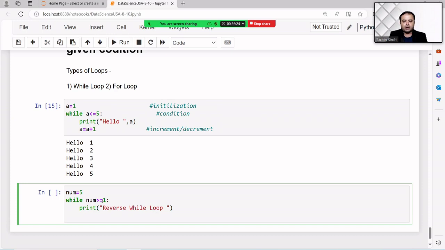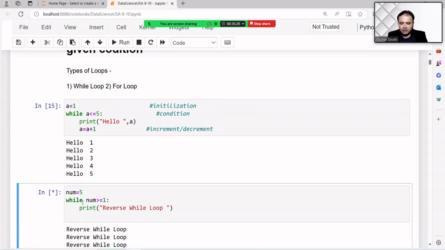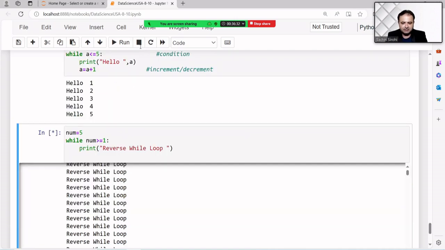But if you do not stop this, you can see the loop runs continuously and the window will hang. My entire computer will hang because it is not stopping, it is continuously running.